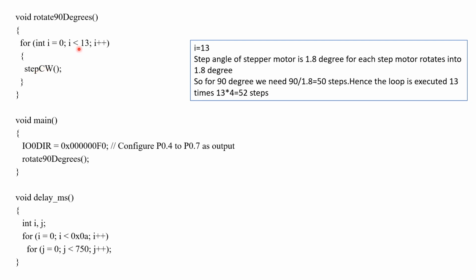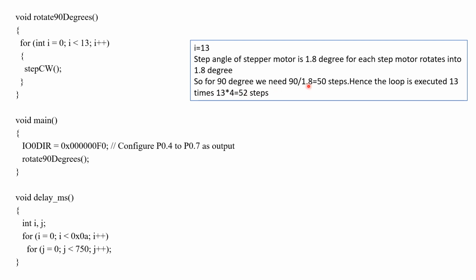So here what we are doing is we are going to call this loop, and it is going to be executed 13 times, right? So 13 into 4 will give 52 steps, but actually what we need here is 50 steps, and only then can the motor rotate up to 90 degrees. So you can say that stepper motors are generally used for precise control or precise positioning